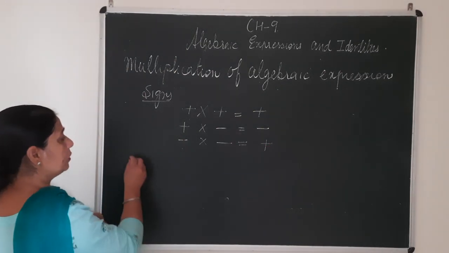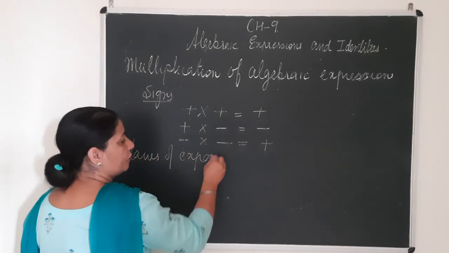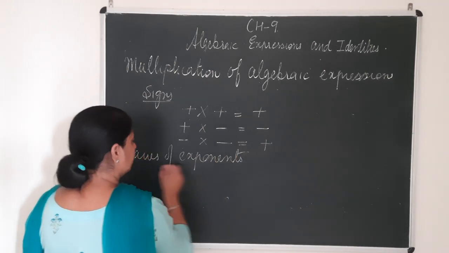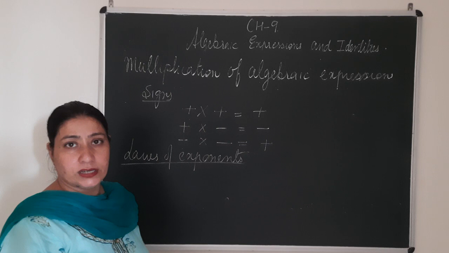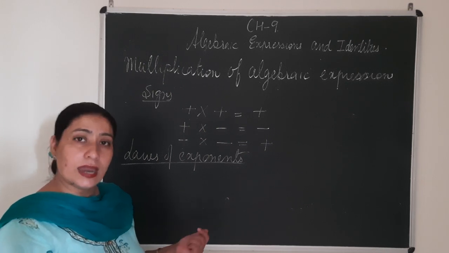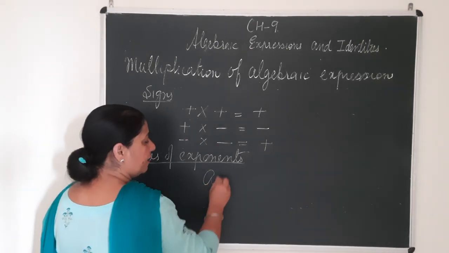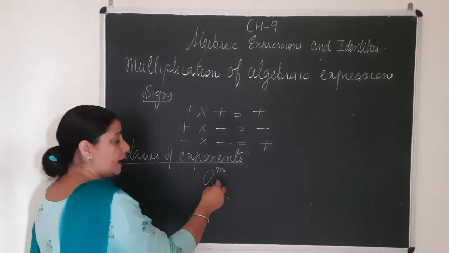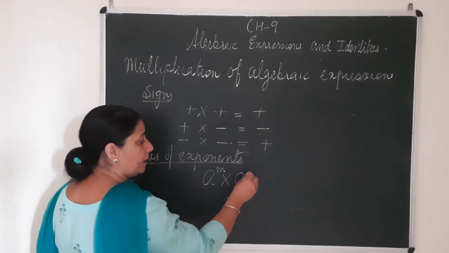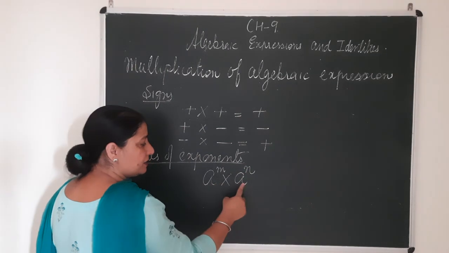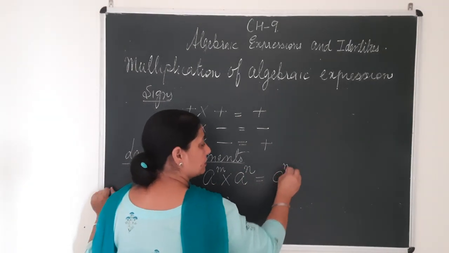The second thing you need to keep in mind for the multiplication is the laws of exponents. Basically, you need to keep 2 laws of exponents in your mind for the multiplication. That too I will repeat. The first law of exponents is that if I have got some base a with a power m and I multiply it with the same base a with power n, when the bases are the same and there is a multiplication sign beta, we add the powers.